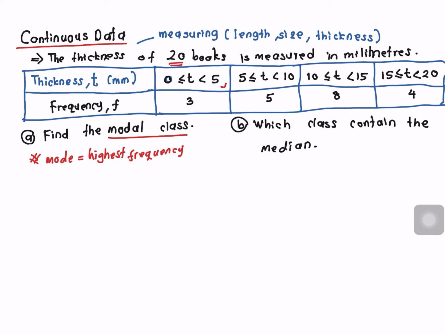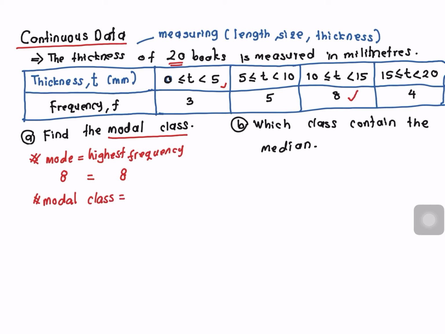So for the modal class, also the same, you look at the highest frequency. So which one is the highest frequency? So here the highest frequency is 8, right? So highest frequency is 8. So mode is 8. But then for modal class,